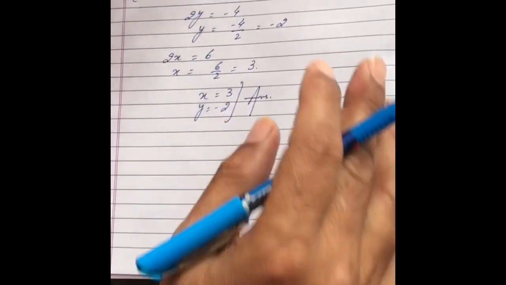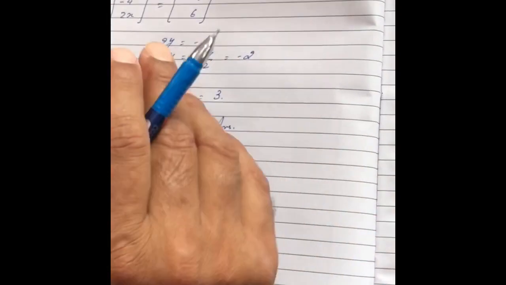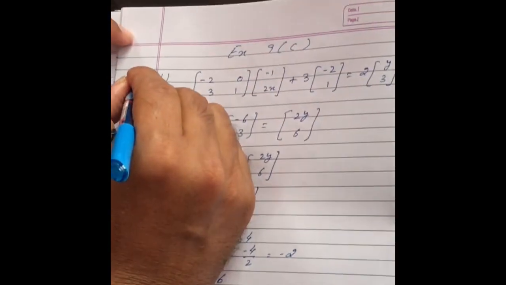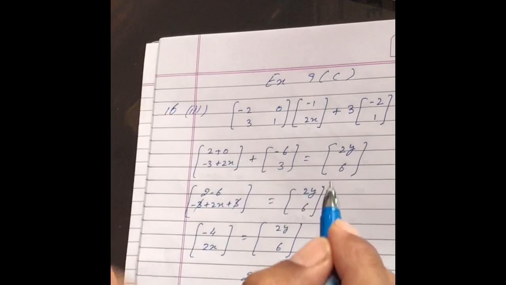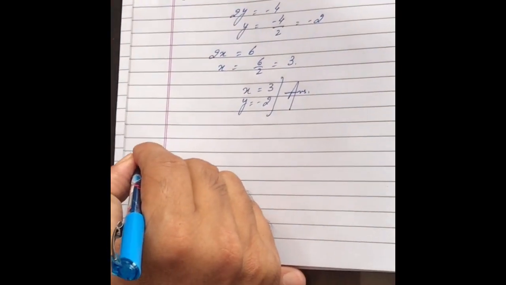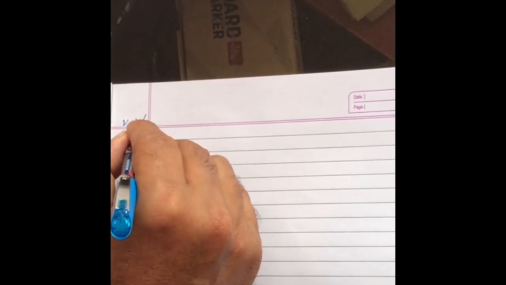Now I come to question number 16, not 10, question number 16, part 3. Now I come to question number 17. Question 17 I do here. It is very, very important. Most important, you can write. Very, very important or most important.